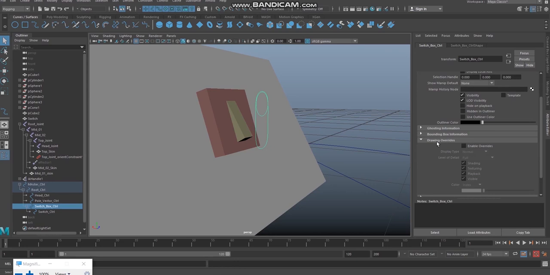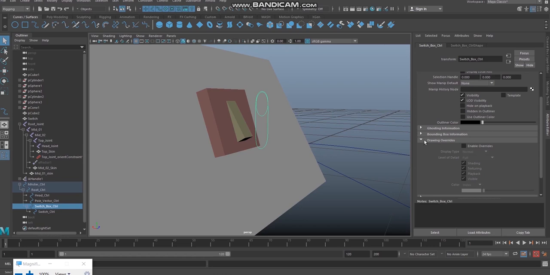Overrides in the sense we are giving some excess information for this switch box control and we are going to hide it or we are going to freeze it so that it is not being controlled by someone else.